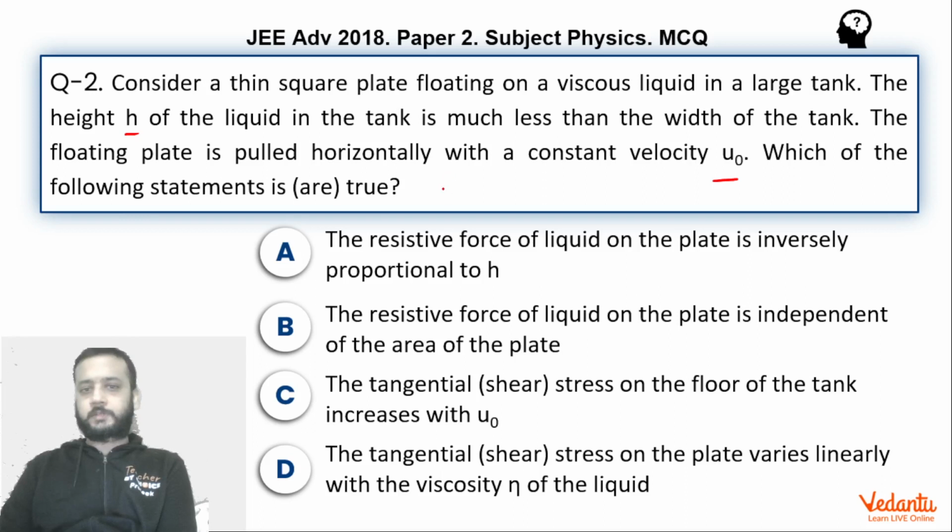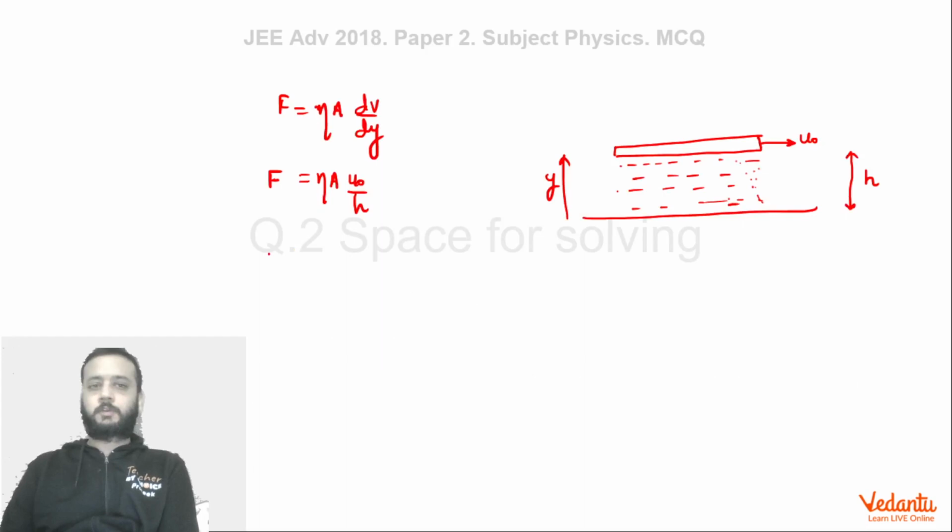So if you go back to the options, the resistive force of the liquid on the plate is inversely proportional to h. It's the correct option because you can see that force is actually inversely proportional to h. This force on the plate will be acting in the opposite direction. So there must be some external agent who is pulling the plate such that the plate actually moves with constant velocity. The force applied by the external agent will also be equal to F in this case, assuming all other forces to be absent. If there is only one resistive force F, which is of viscosity, there must be an external agent balancing this force.